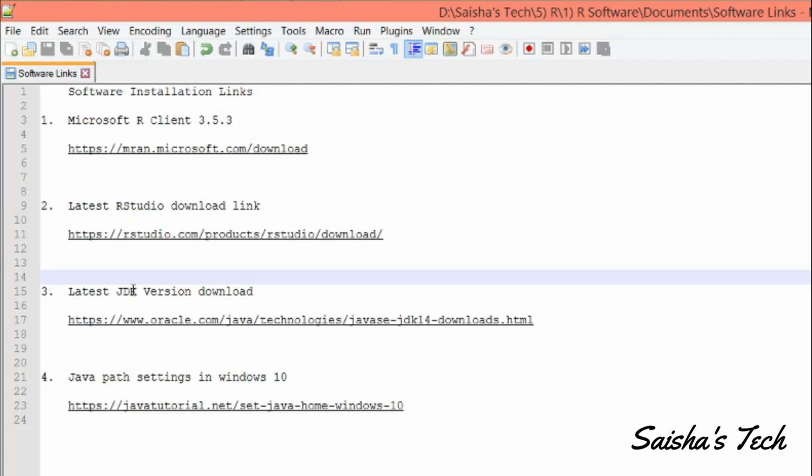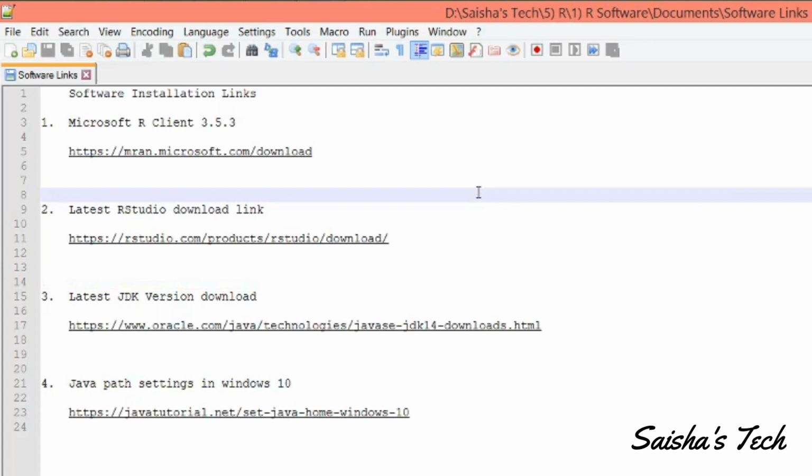Similarly, JDK, which is a Java Development Kit, helps us to load Excel files into R. Now, let us browse through each one of the links and download the software. I will provide all these links of software installations in the description of YouTube.